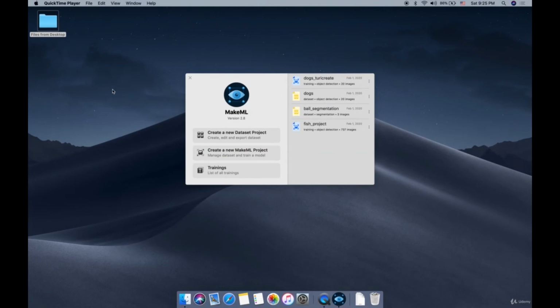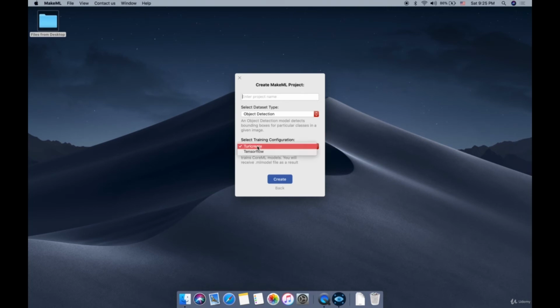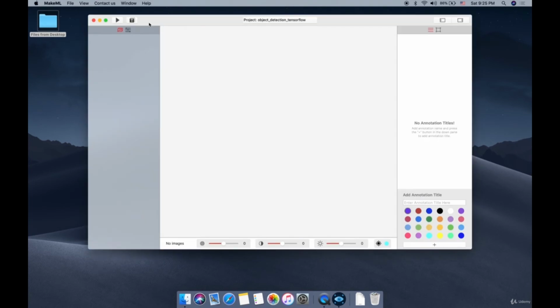Hello, it's Alexei, and in this video we will talk a bit about training parameters. So we will create 2 test projects. One will be for object detection TensorFlow. Object detection. And training parameters are here in this tab, and you can change batch size and number of iterations for a model in object detection TensorFlow